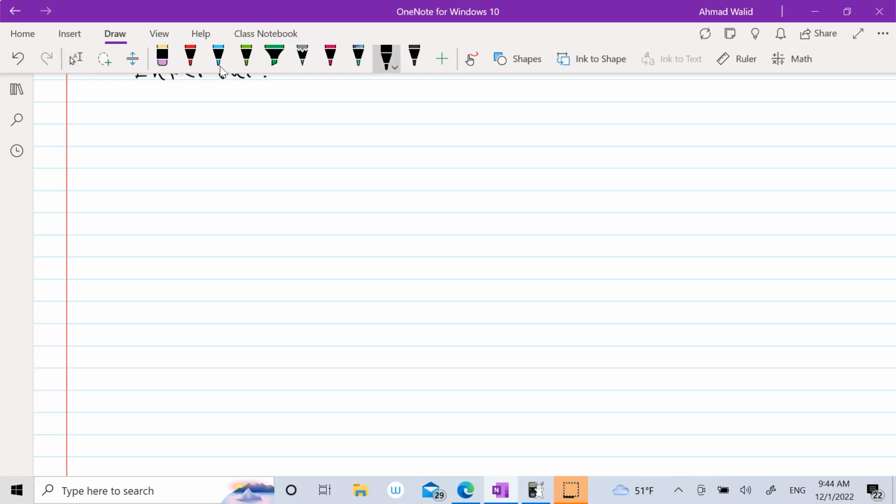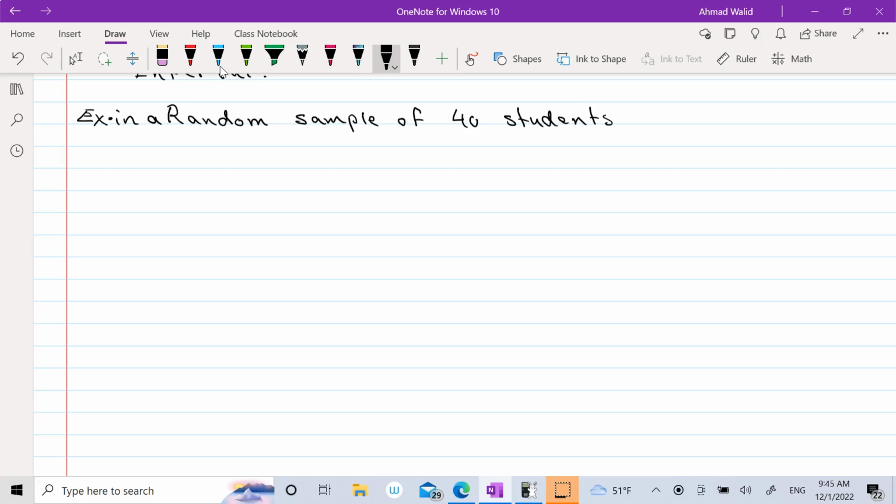You can copy this sentence or this paragraph at the end of each problem that you solve, correct? Now let's do an example. This example is about the resting heart rate. I think they did a study on some students. In a random sample of 40 students, the average resting heart rate